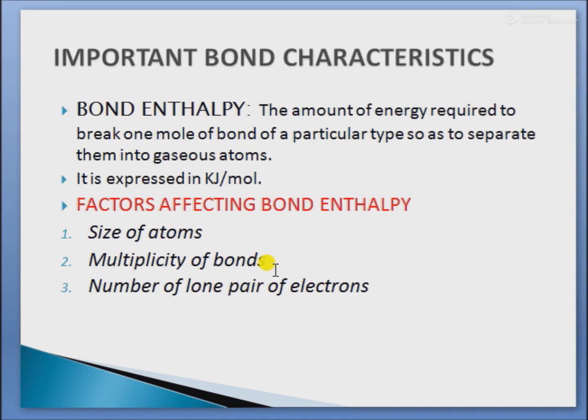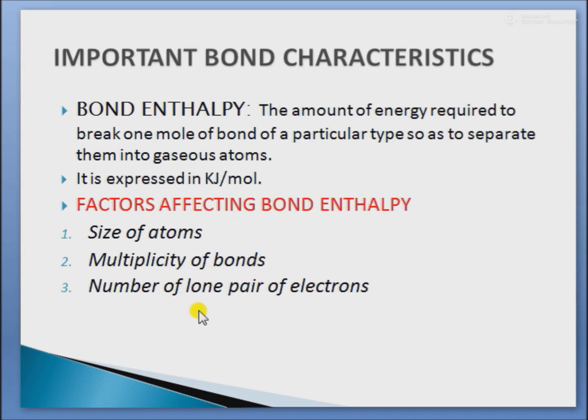Here the bond dissociation enthalpy of hydrogen is least and of nitrogen is highest, and oxygen in between hydrogen and nitrogen, because in case of hydrogen there is a single bond, and in case of oxygen it forms double bonds, and in case of nitrogen it forms triple bonds. As the multiplicity increases, the bond strength increases and it requires more energy to break the bond. Triple bond requires more energy than double bond than single bond.